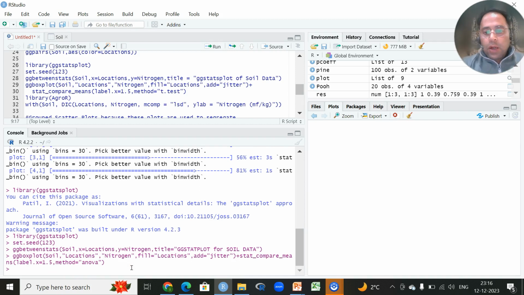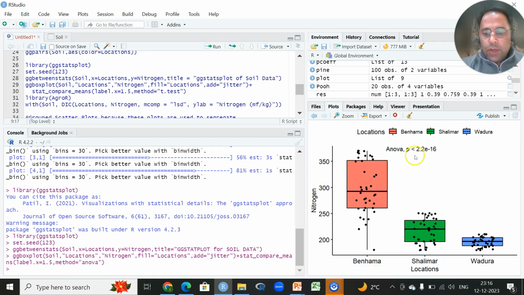So we'll have a traditional box plot where you can see the different noises or the jitters we have given, and we have a p-value by which we can conclude whether there is a significant difference between these, or we will be using a library